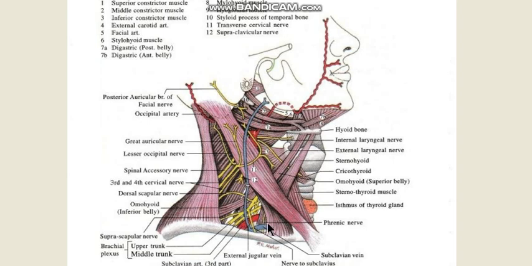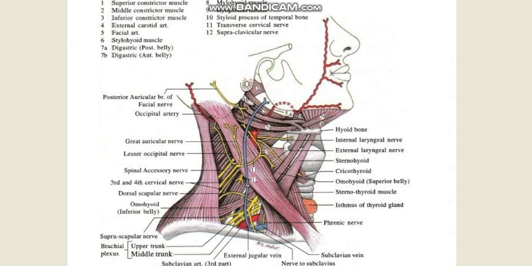And because you have managed to see the scalenus anterior, you can see the phrenic nerve over the scalenus anterior, and of the arteries, that is the blood vessels, you are supposed to see the superficial cervical and the suprascapular and the dorsal scapular arteries. And last but not the least, in both the occipital and the subclavian triangles, you will get to see some of the deep cervical lymph nodes. Particularly in the subclavian triangle, you have the important part of the deep cervical lymph nodes, which is the supraclavicular